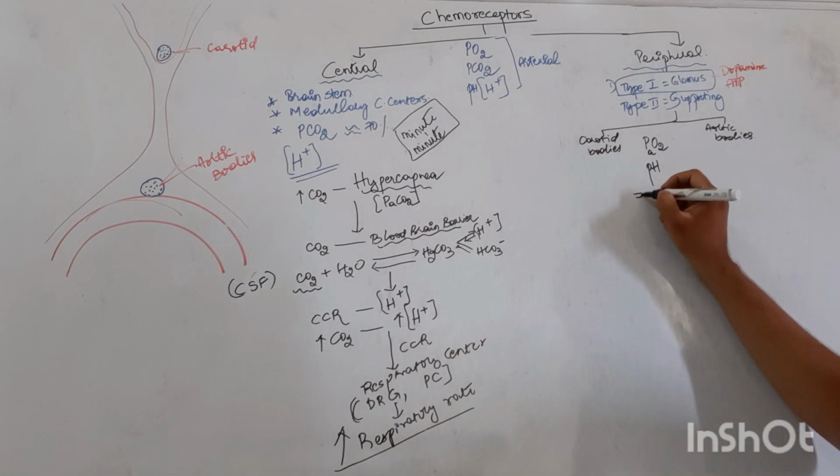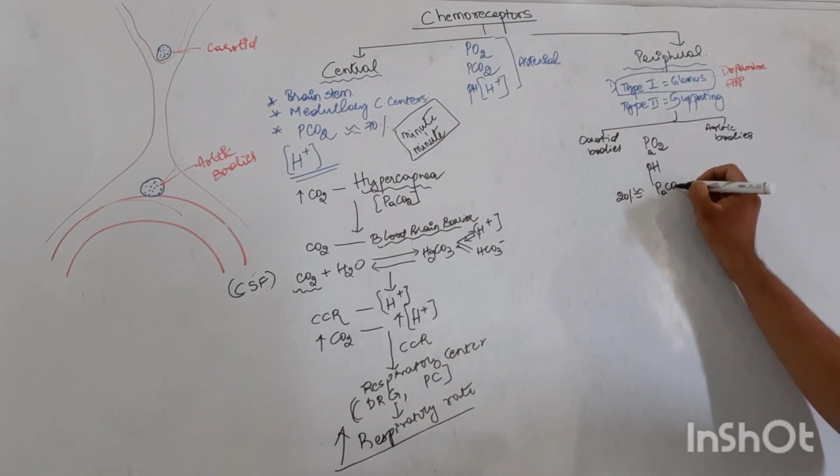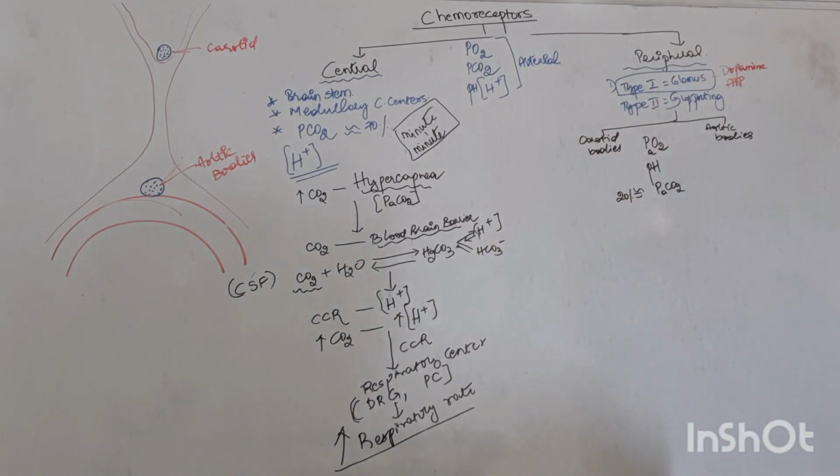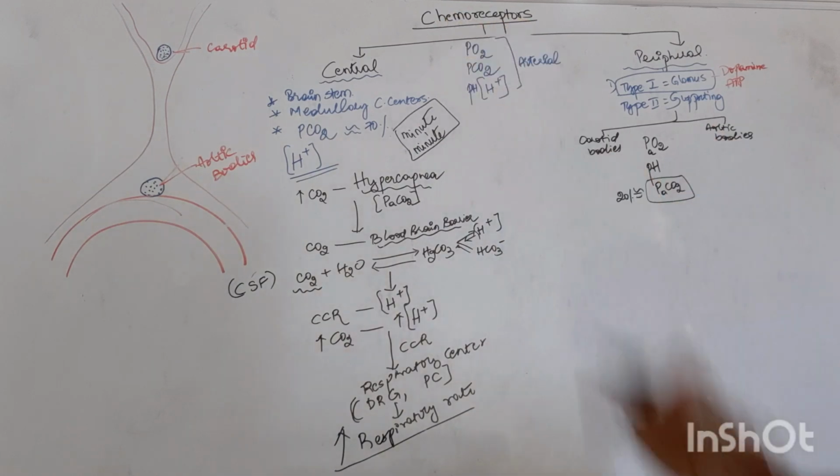A very small amount, about 10 or 20% of the change in the carbon dioxide, is detected by these peripheral receptors. However, a major portion is detected by central chemoreceptors,